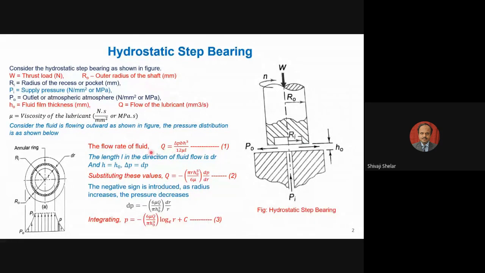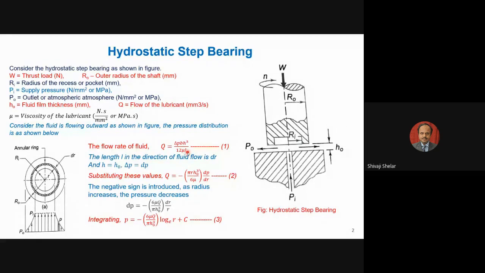Let's come back to our topic, the flow. This formula we have seen in the last lecture, that is Q is equal to delta P B H cube upon 12 mu L. In this, delta P is the pressure difference across the lubricant. B is the dimension perpendicular to the flow. H is the dimension again perpendicular to the flow, and mu is the dynamic viscosity of the lubricant, and L is the length along the flow.